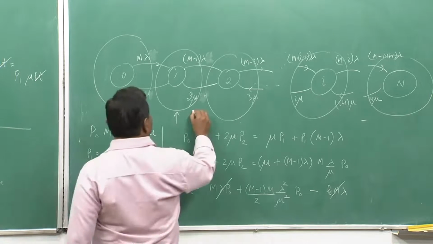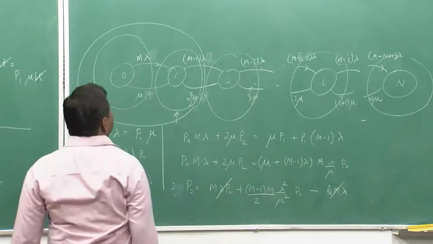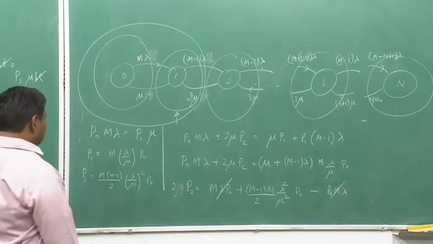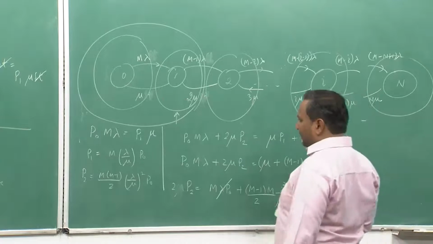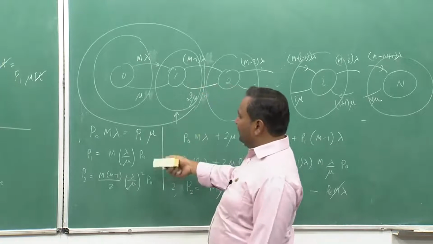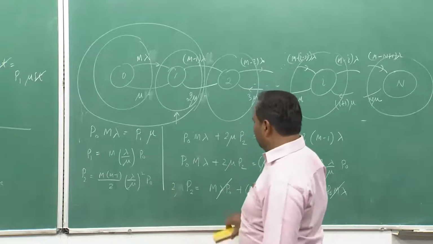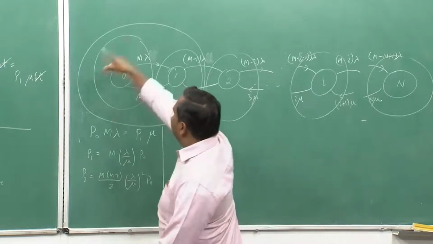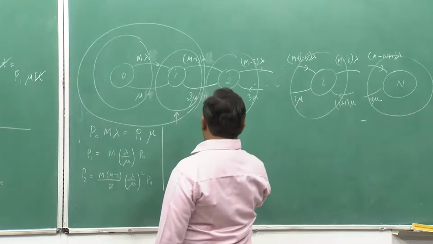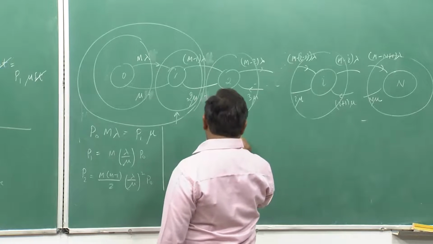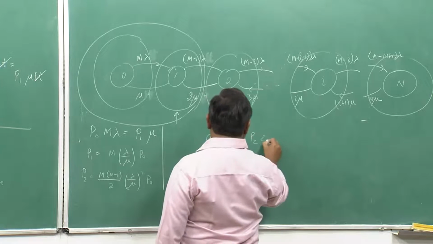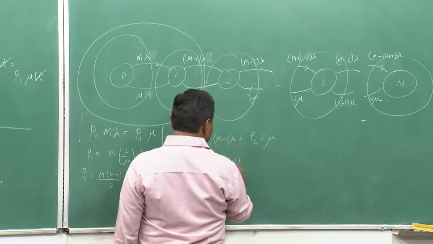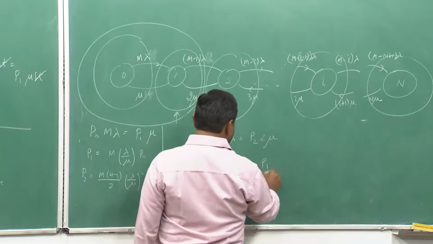Alternatively I could actually have taken a surface like this. So, incoming rate has to be equal to outgoing rate and you would have got this equation directly. Okay. So, this would have become a relation between P2 and P1 and P1 I could have replaced from the previous one to get this particular equation. So, doing it this way for this surface when I am enclosing this P1, m minus 1 lambda should be equal to P2 2 mu. So, which becomes P2 is equal to m minus 1 by 2 lambda by mu P1 which is